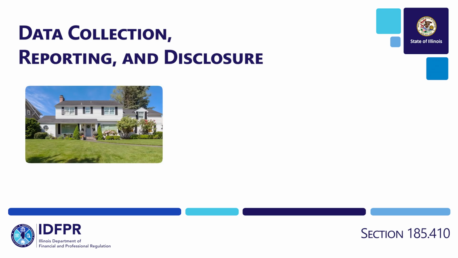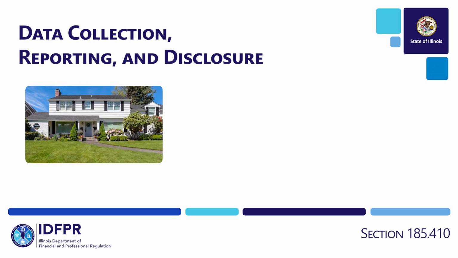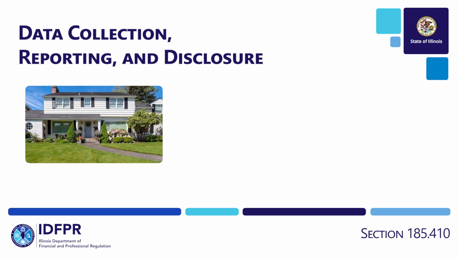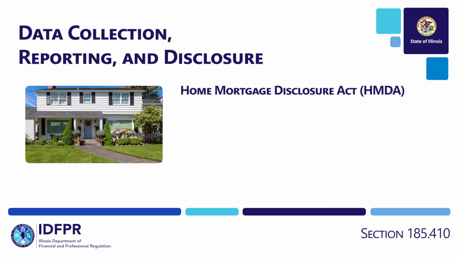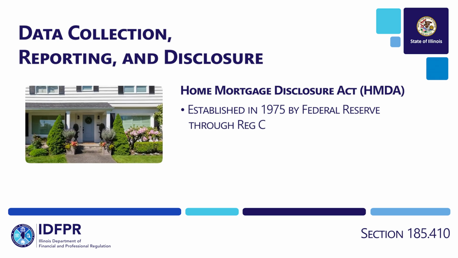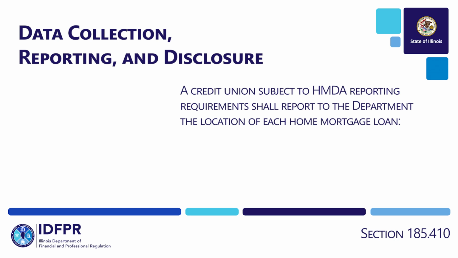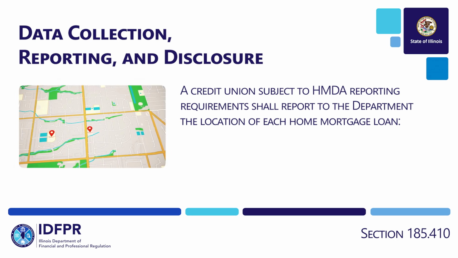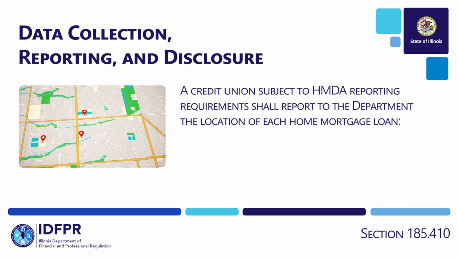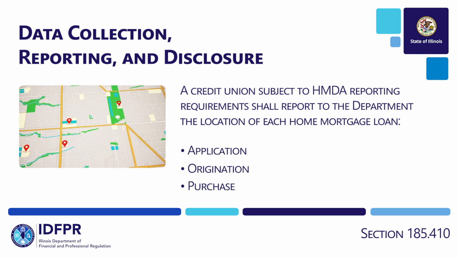Credit unions are required to comply with all data collection, reporting, and disclosure requirements as required by applicable law, including the Home Mortgage Disclosure Act, or HMDA, which is implemented by Regulation C. With the exception of small or intermediate small credit unions, a credit union which is subject to HMDA reporting requirements must report to the department the location of each home mortgage loan application, origination, or purchase outside of the credit